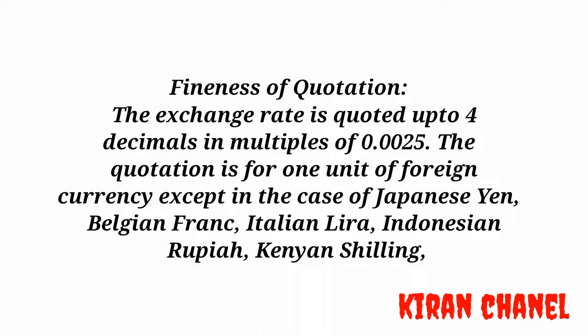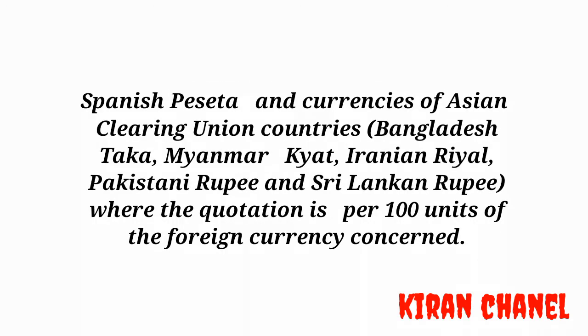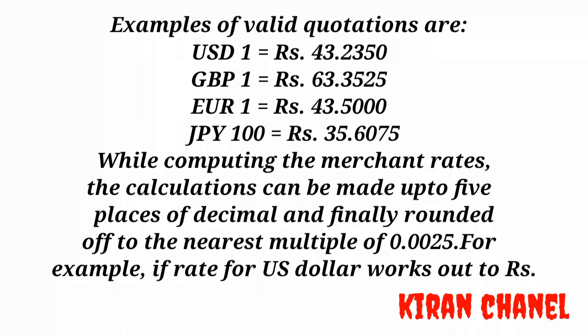Fineness of quotation. The exchange rate is quoted up to 4 decimals in multiples of 0.0025. The quotation is for 1 unit of foreign currency except in the case of Japanese yen, Belgian franc, Italian lira, Indonesian rupiah, Kenyan shilling, Spanish peseta, and currencies of Asian Clearing Union countries: Bangladesh taka, Myanmar kyat, Iranian rial, Pakistani rupee, and Sri Lanka rupee, where the quotation is per 100 units of the foreign currency concerned. Examples of valid quotation are USD 1 equals Rs